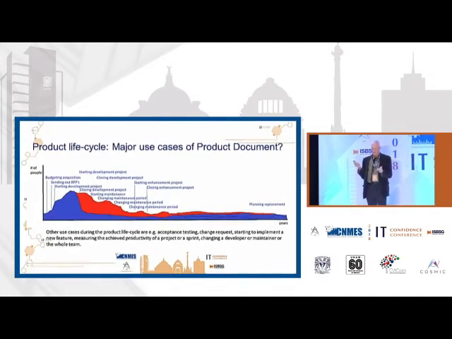So things like acceptance testing, we absolutely need the documentation. Then when someone is proposing change request, we need documentation. Someone is starting to implement a new feature. For example, in an agile project, they need some documentation. And when we are measuring the achieved productivity of a project or a sprint,